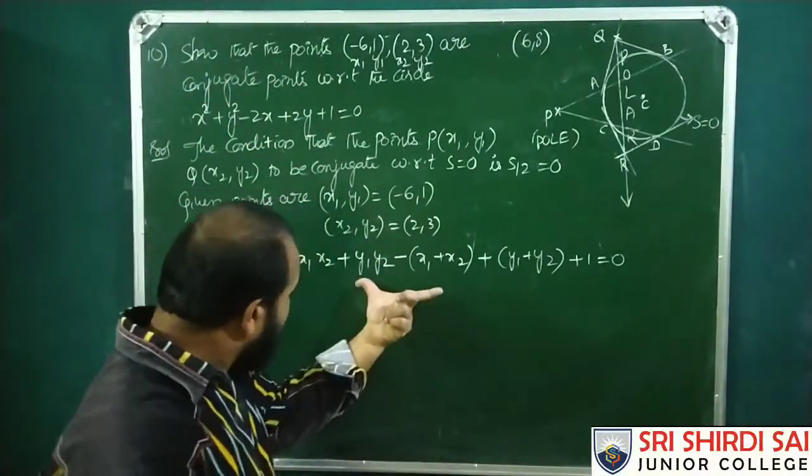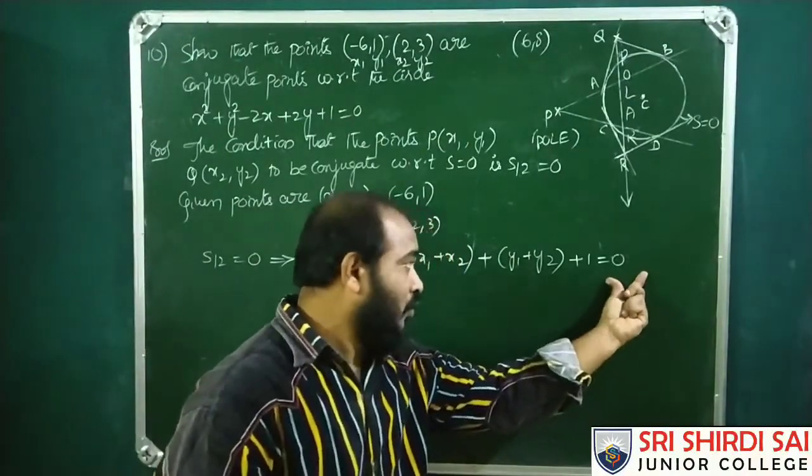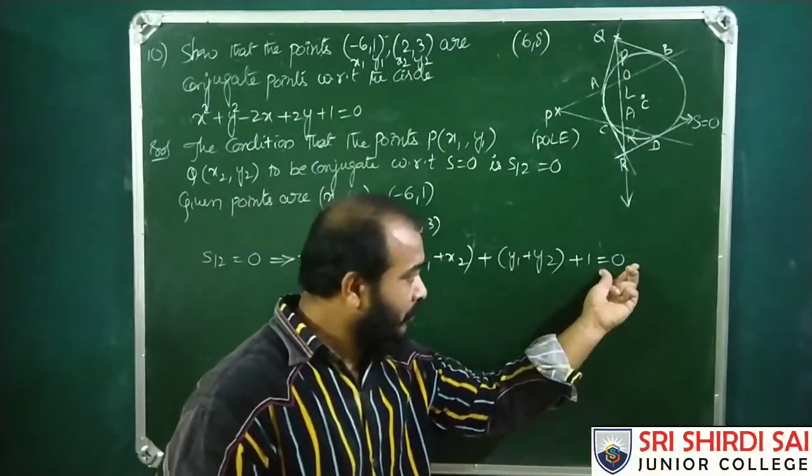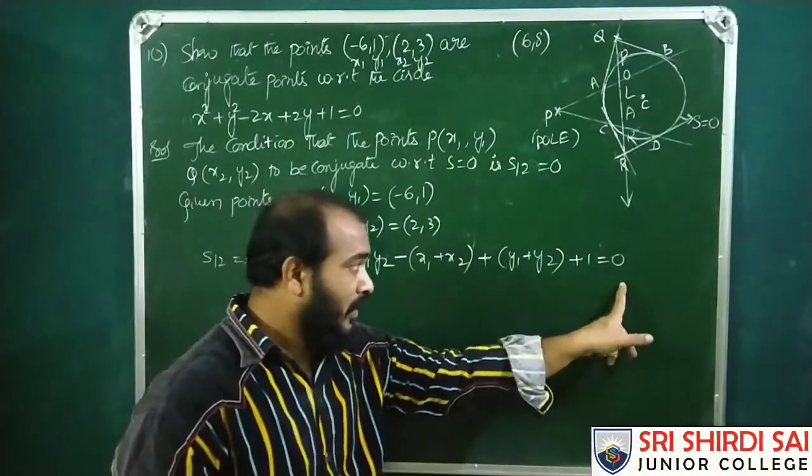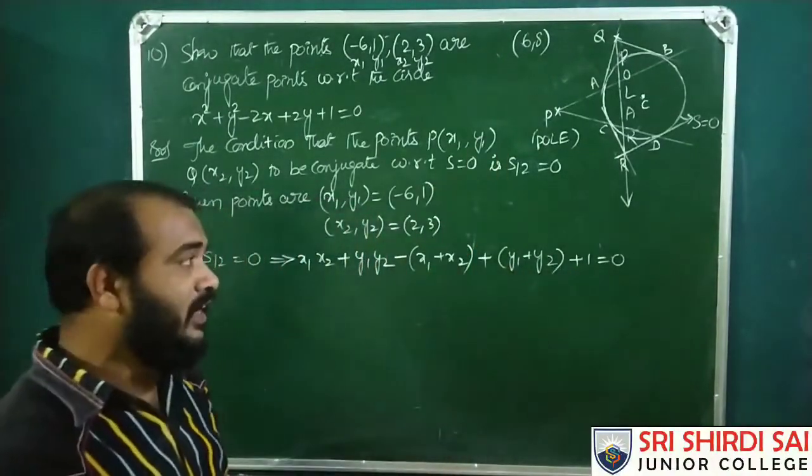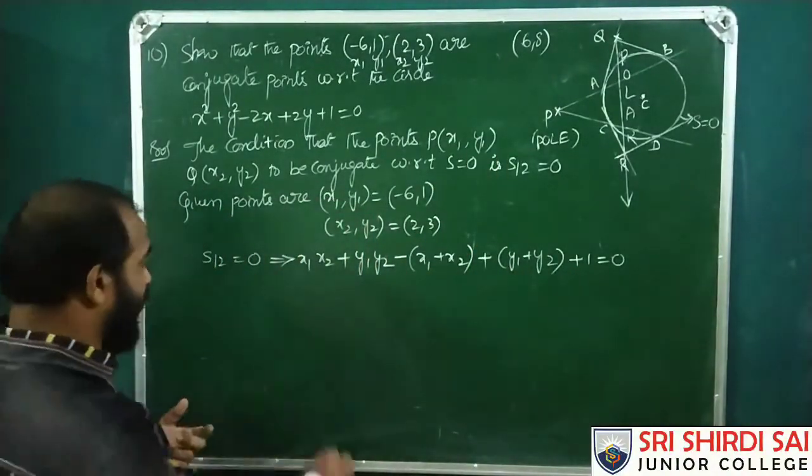That means this value yields 0. So I am not taking 0. So we need to get 0. If we are getting this 0, then yes, we can say that the 2 points are conjugate points, for which